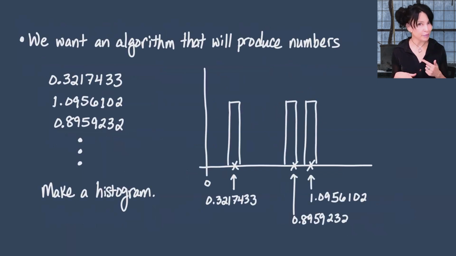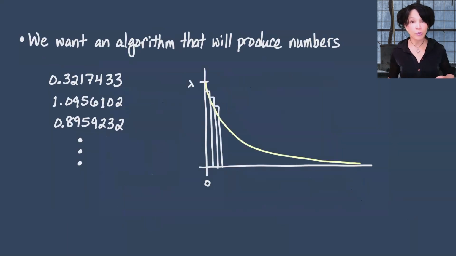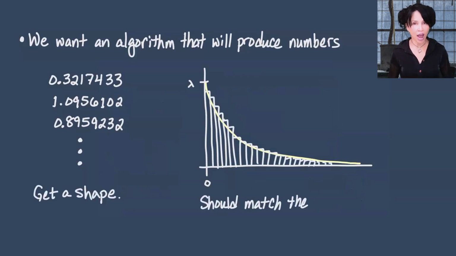Now, if I continue with my list and put in more and more numbers, I'll get more rectangles, and some will get larger, some will get smaller as there's multiple values in a particular bin. And eventually, we will get a shape that kind of matches the PDF, the probability density function, if the y-axis